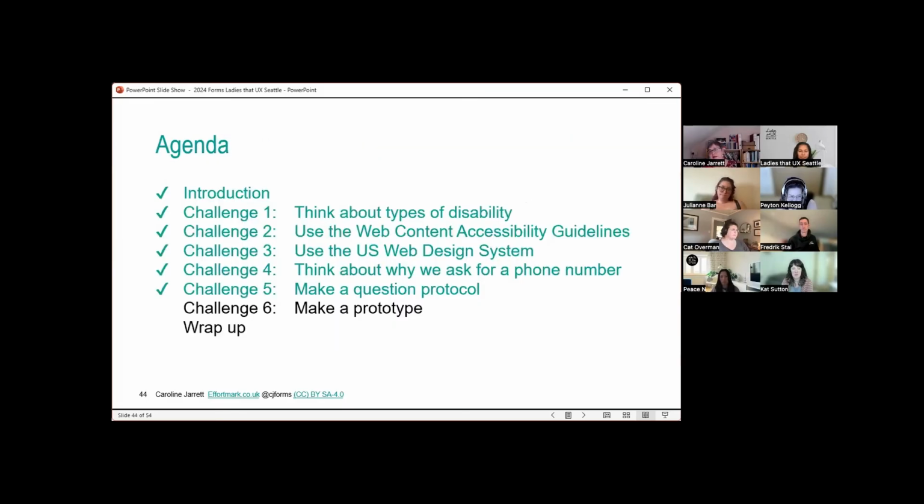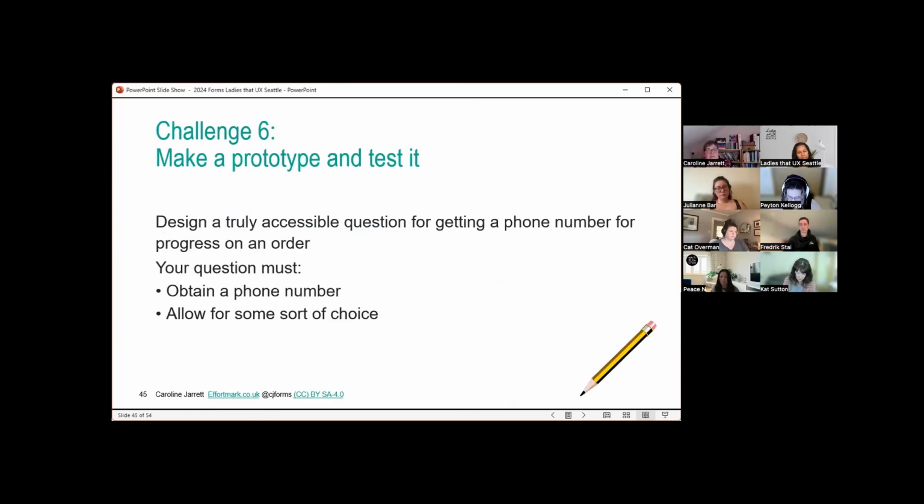So I recommend that you go out and do that work, not just for phone number, but for everything else. And then if we had a bit more time and we were in the opportunity to do this as a group, as we did in Brighton, my next suggestion would be that we would actually sit there and do